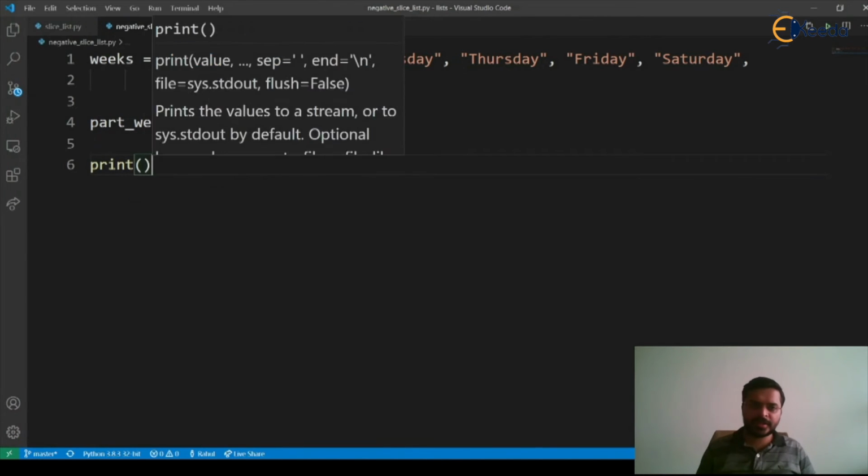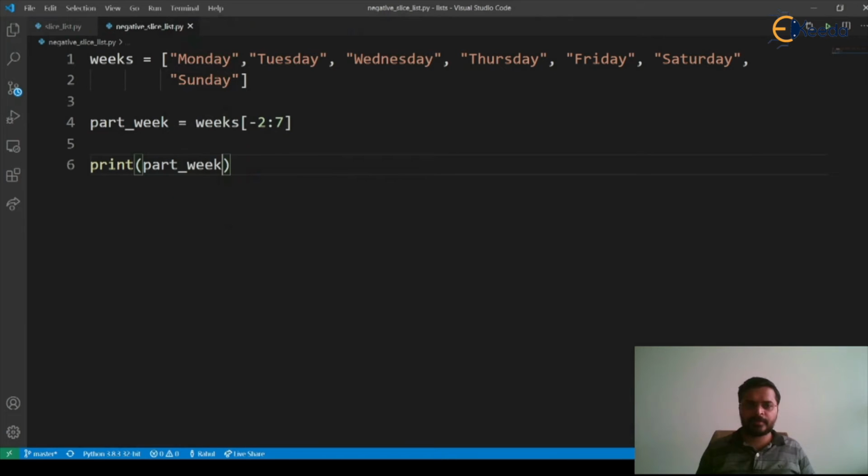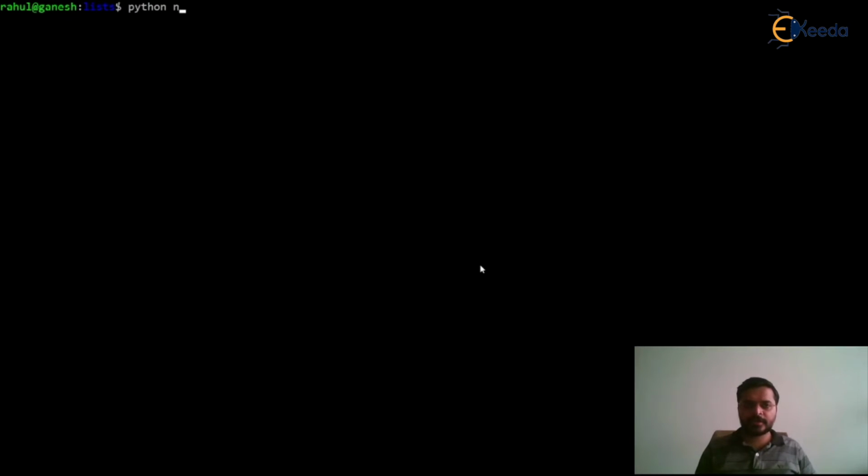Let's print this part week. Let's run our program, Python negative slice list.py, and here we can see that when we give -2